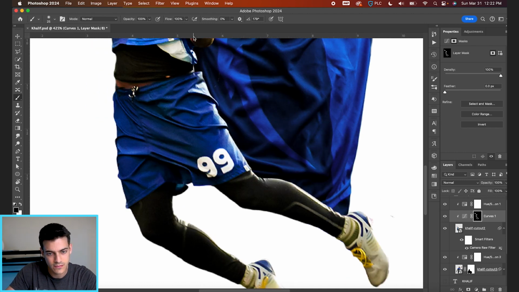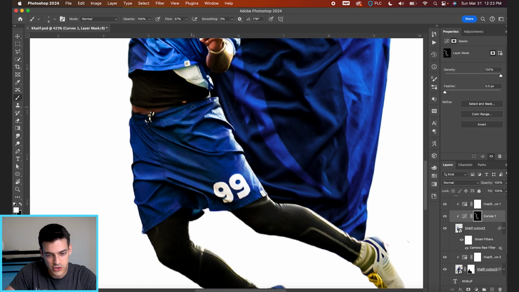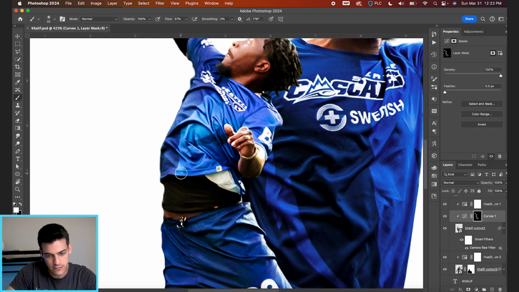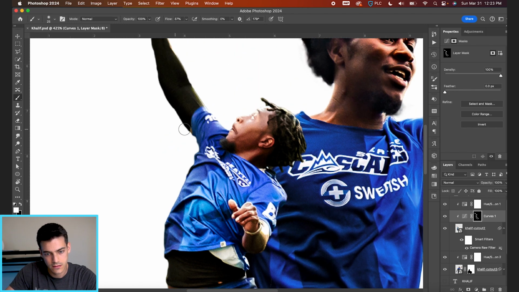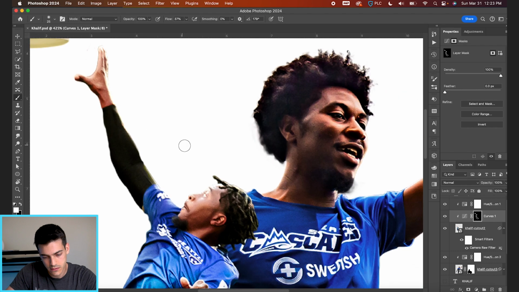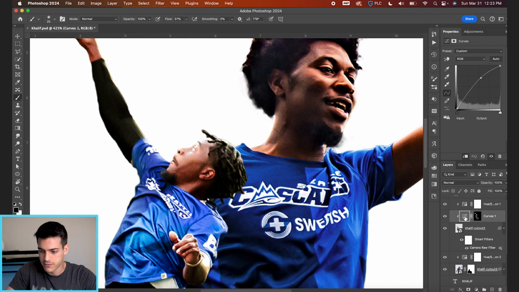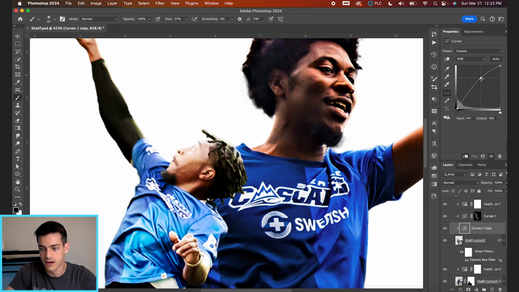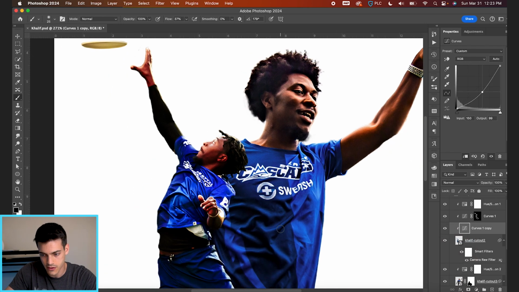But we can also lower this flow. It's getting a little too harsh, especially when you're doing detail on the shorts and the jersey wrinkles. You don't want it too extreme, but I was moving around more freely with the edges and can taper stuff out as well. So this is a rough highlight job, and then we can duplicate this curves layer and bring down this curve,